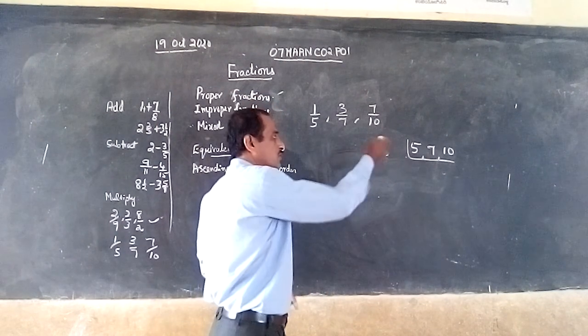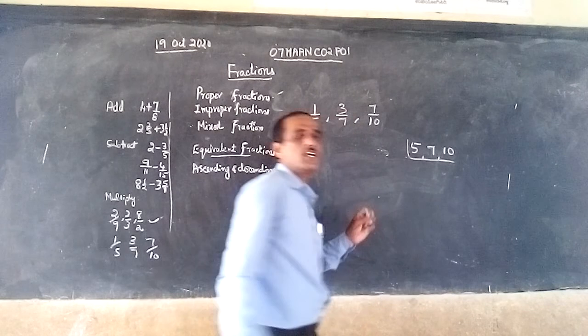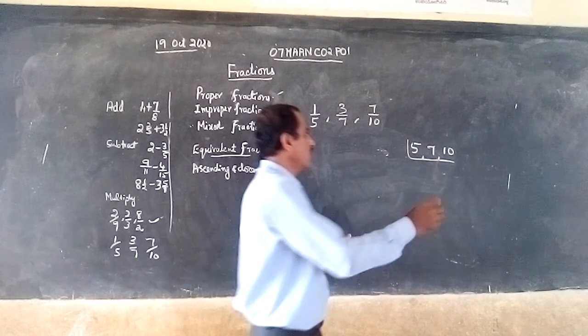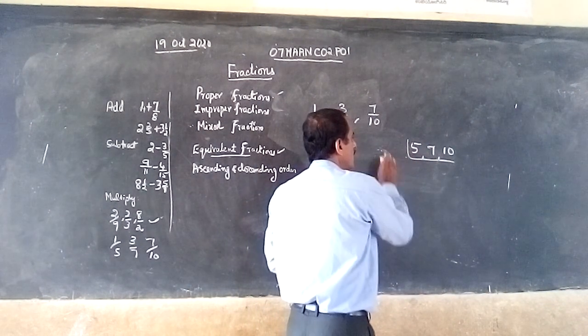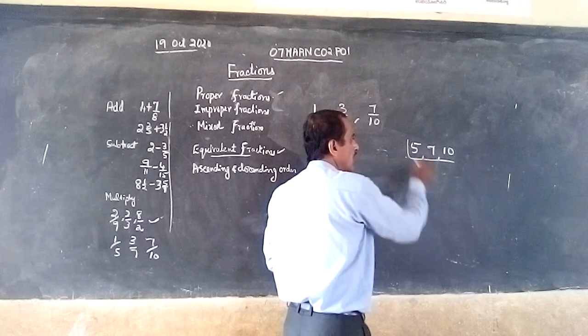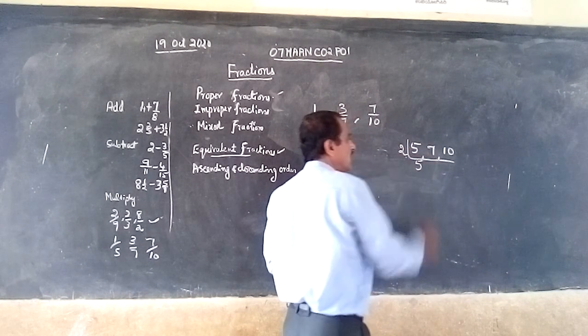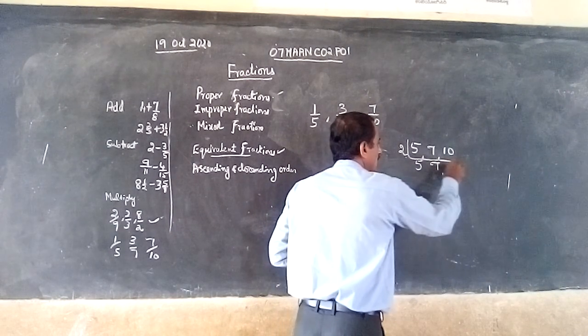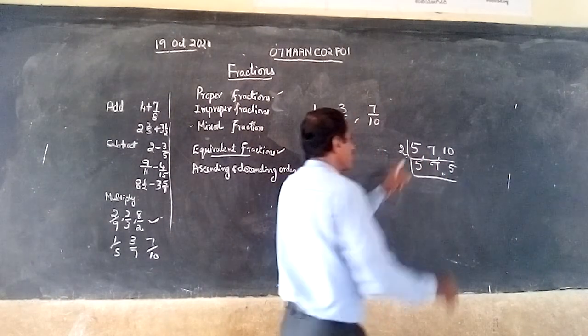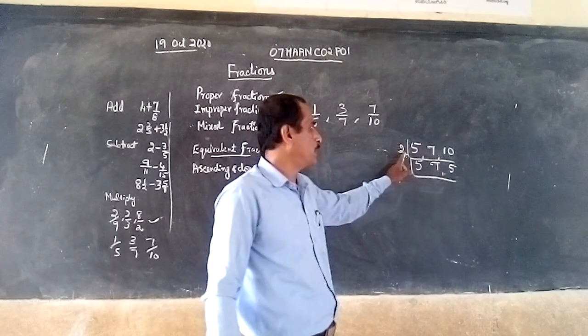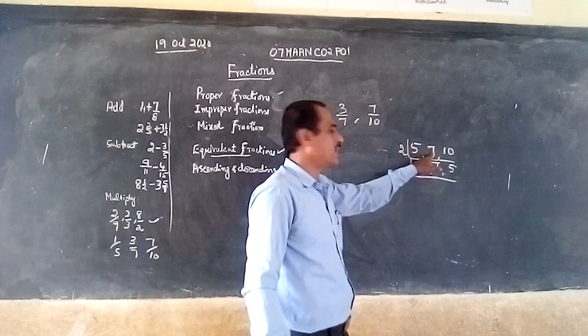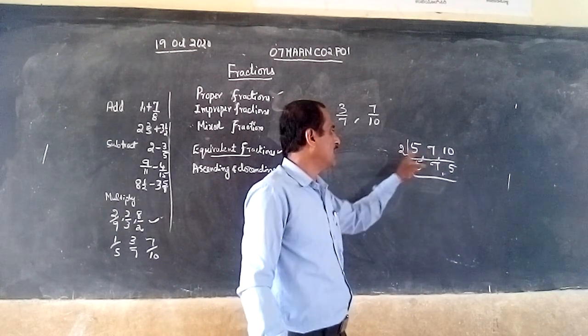See here, this is another way of identifying the LCM, that you studied in our last class. How to find this? You have to divide by 2 like that. Is it possible to divide by 2? If it is not possible, write it as such. See, you can write like this. If you divide by 2, 5 is not completely divisible by 2, so write 5 as it is. 7 is also not divisible by 2, write it as it is.